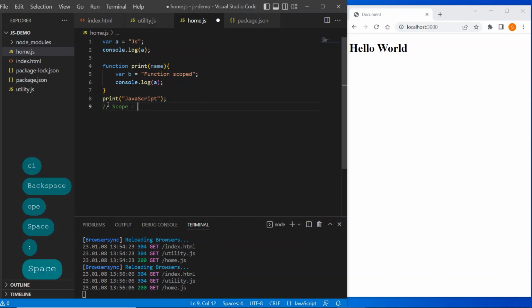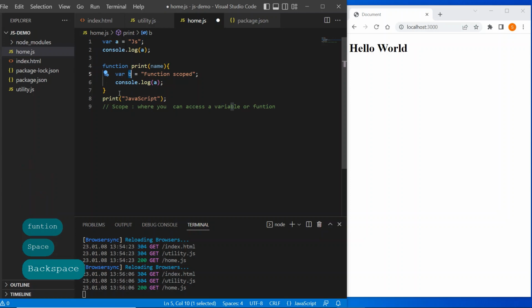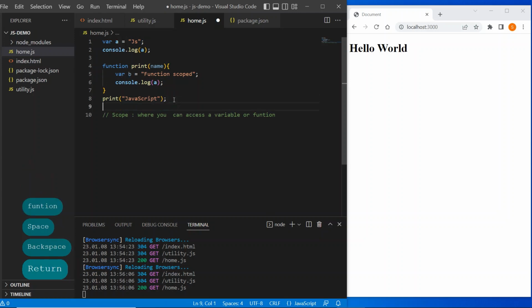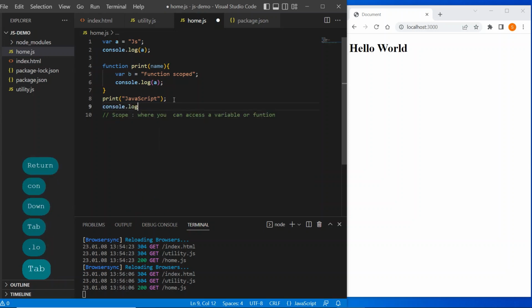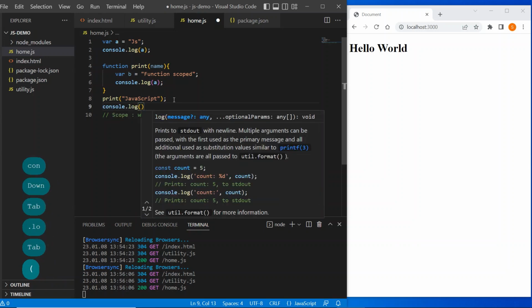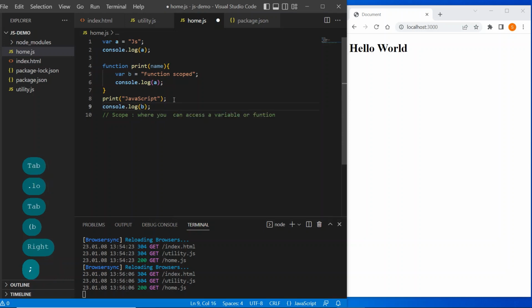So scope tells us where you can access a variable or function. If I try to log this variable b here, console.log b, what will it print?